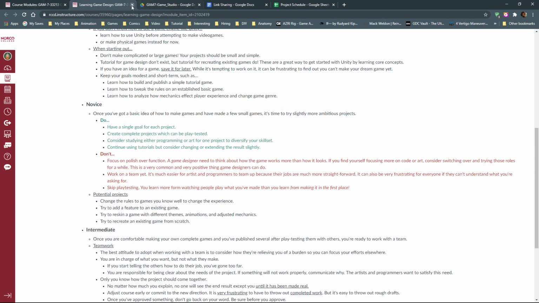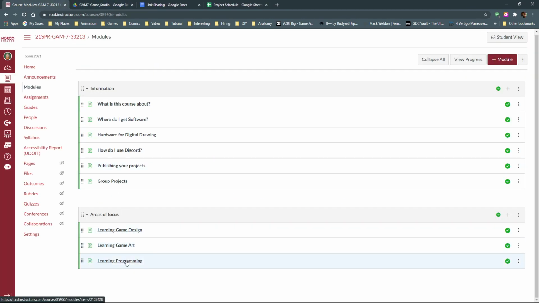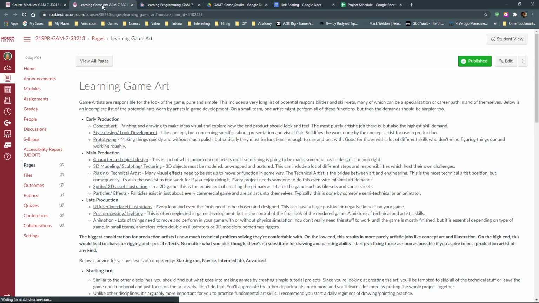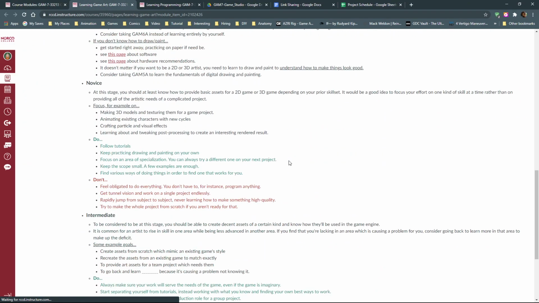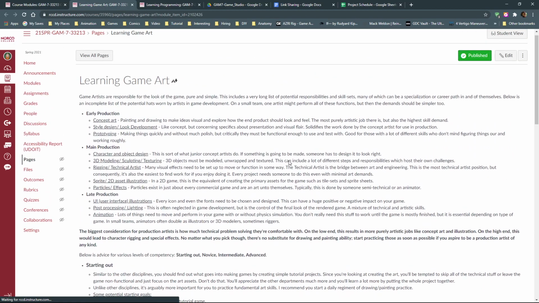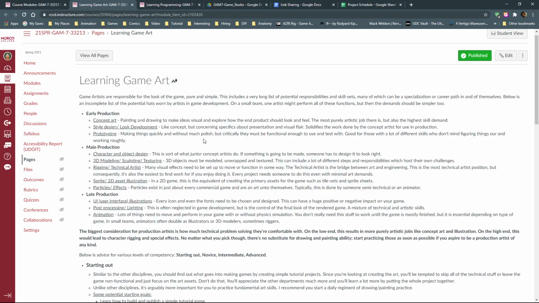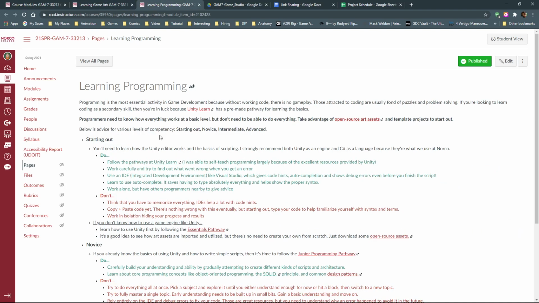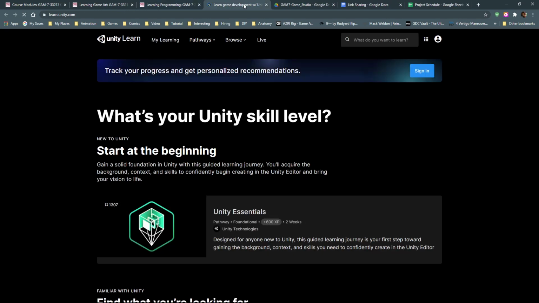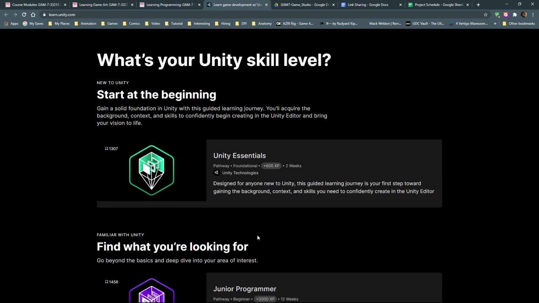Okay. So I do the same thing for programming and the same thing for game art. Again, in game art, I have a lot more authority in what you should and should not be doing. And in game art, there is the particular problem of production stages hugely affecting what kind of job you might be doing, and also a lot of specialization. And in programming, I probably know the least about, pedagogically, what you should be doing, but I don't have to, because Unity Learn has pathways provided for self-teaching, which are excellent. So that is the most well-trodden area for online learning.